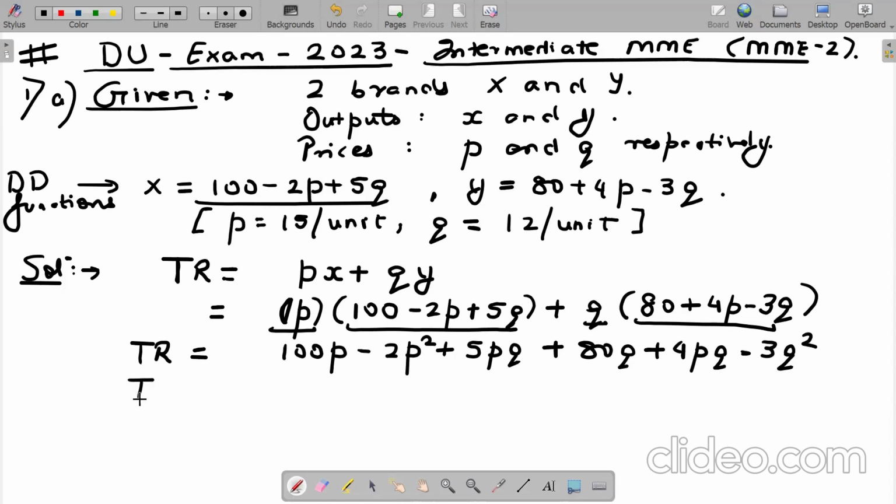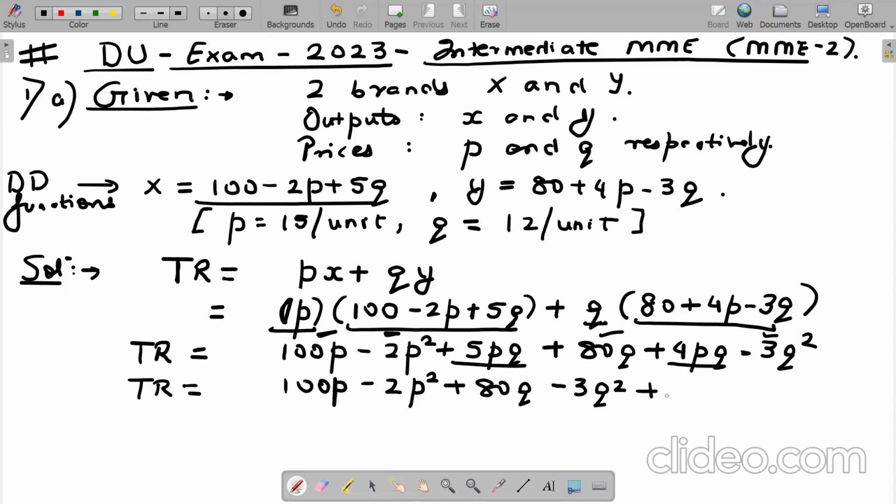Okay, so my total revenue is going to be 100P minus 2P square plus 80Q minus 3Q square, and 5PQ and 4PQ I can write as 9PQ. So I've brought all the like terms together just to simplify. And now I need to find the total revenue, particularly when the price is 15